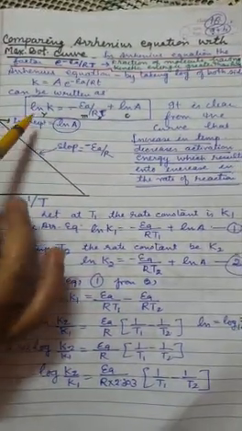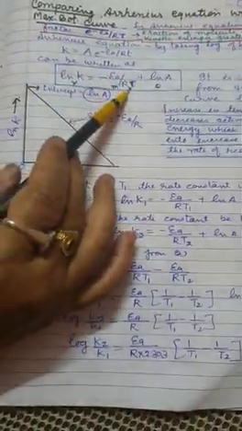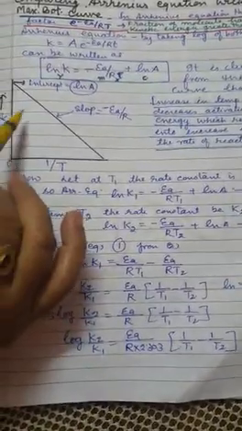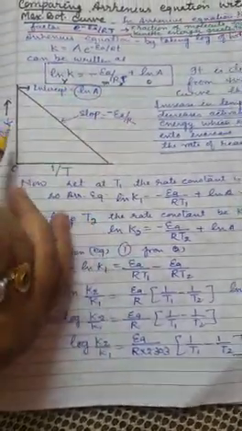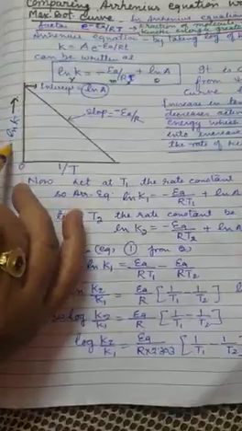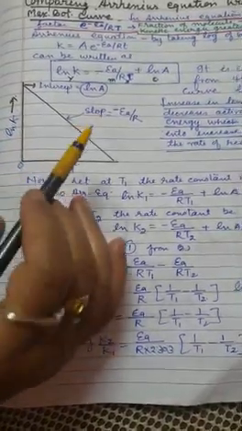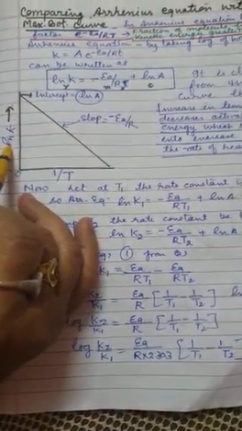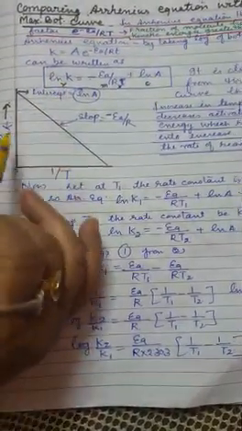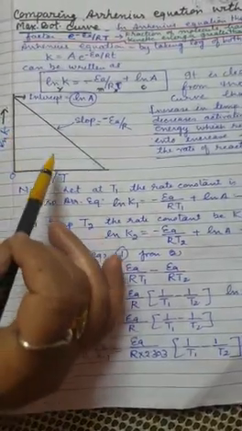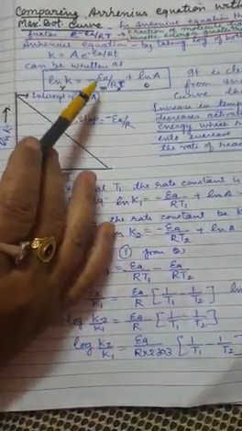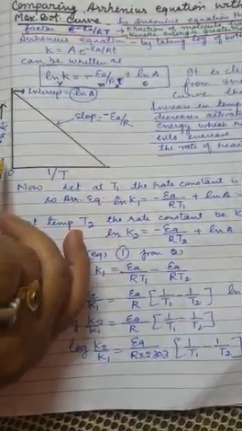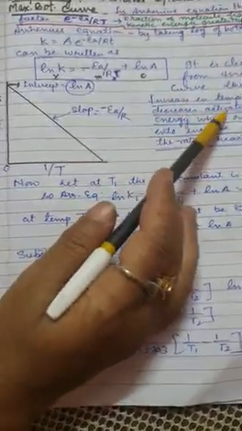Now it is clear from the curve, if we see this equation, it is a linear equation following the linearity criteria, y is equal to mx plus c. That increase in temperature decreases the activation energy. This is the constant, Ea upon RT. So when we increase temperature, the activation energy will decrease, which results in the increase in the rate of reaction.